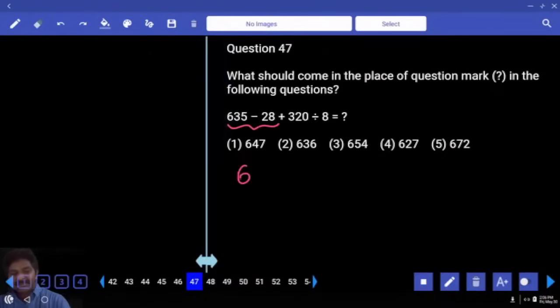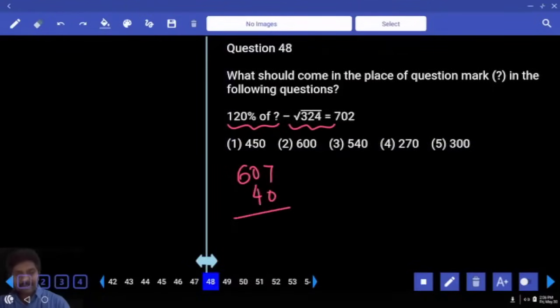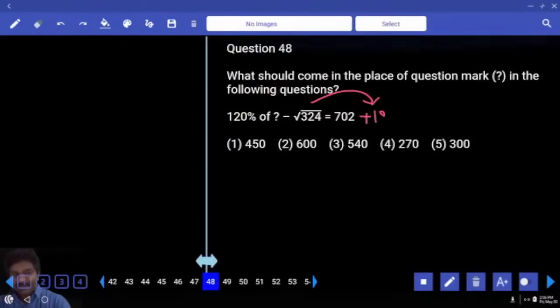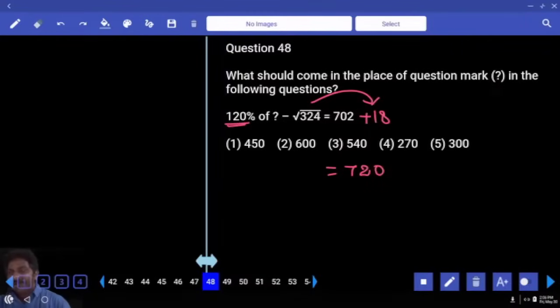This is 607. This is 40. This goes to the right hand side, becomes plus 18. How much is there in the right hand side? 720. 120 percentage is this much. 1 percentage is this much. 100% into 100. Answer